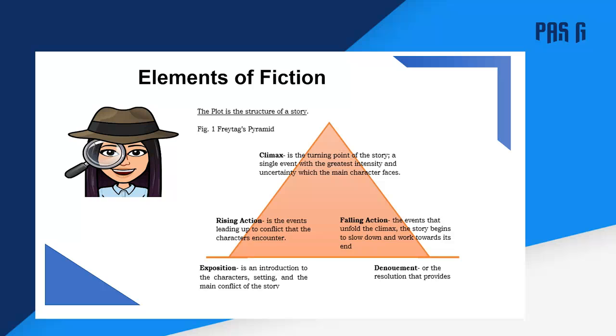We will begin from exposition. Exposition is an introduction to the characters, setting, and the main conflict of the story. Then the rising action is the events leading up to the conflict that the characters encounter. The climax, as you can see, is on the peak of the mountain-like figure or the pyramid itself. It is the turning point of the story, a single event with the greatest intensity and uncertainty which the main